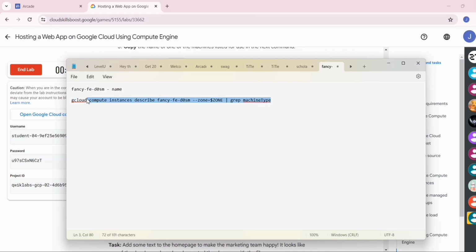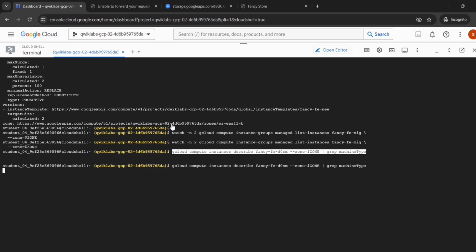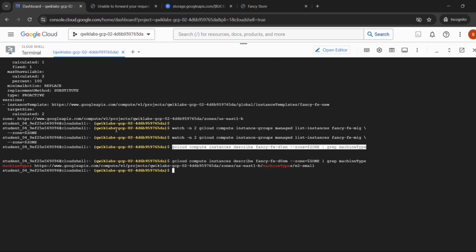Now copy this whole command, go to the Cloud Shell, paste it, then press enter. Now it provides us a link, we can check it out.